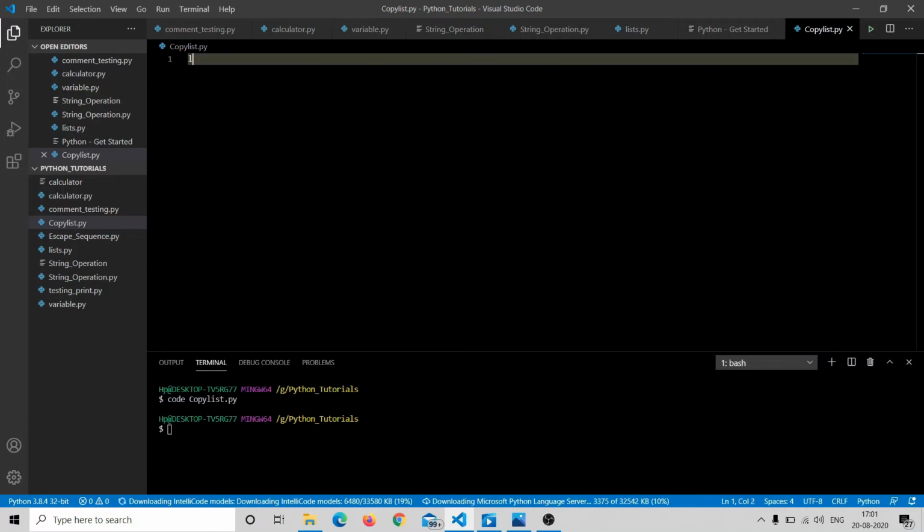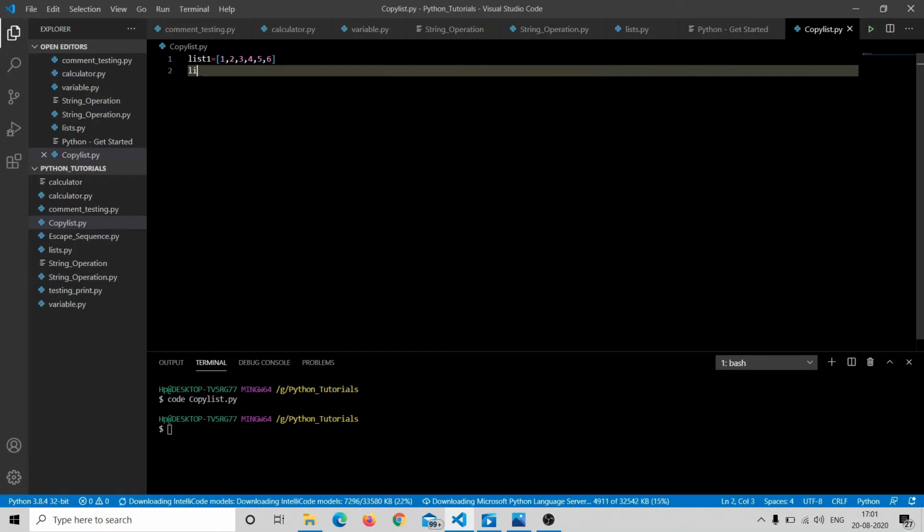Now this is my first example, that is 1, 2, 3, 4, 5, 6. This is our list, and I'm now assigning a new variable list 2, and I'll copy list 1 to list 2. So how can I copy list 1 completely to list 2? Just by giving a specific range. So here I'm giving a range by omitting both the starting point and the ending point.